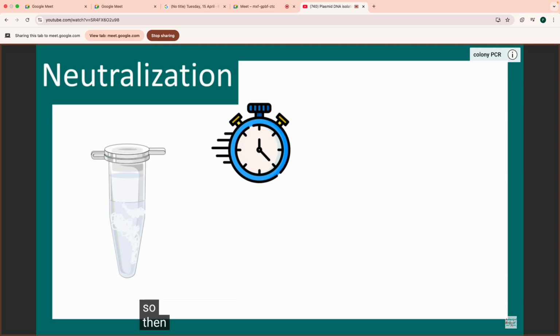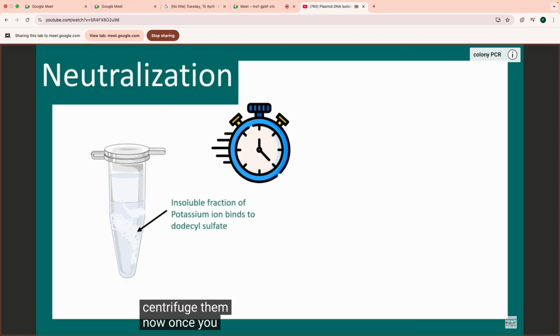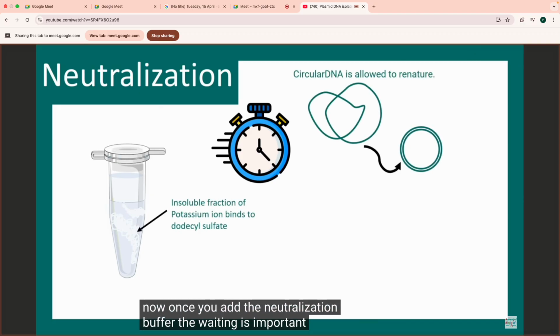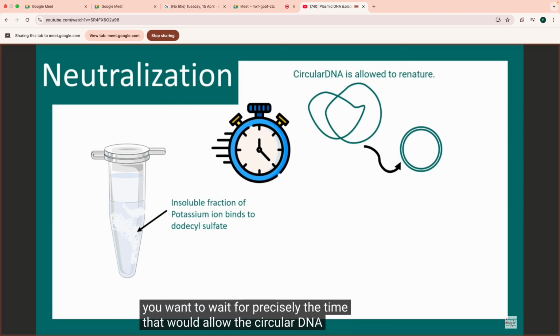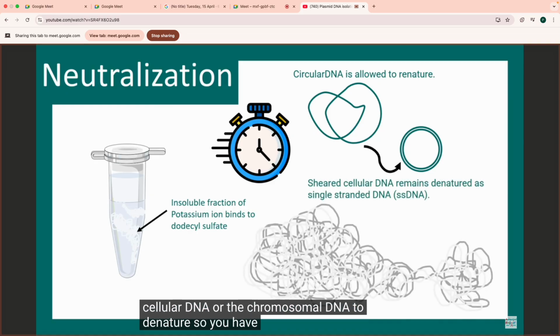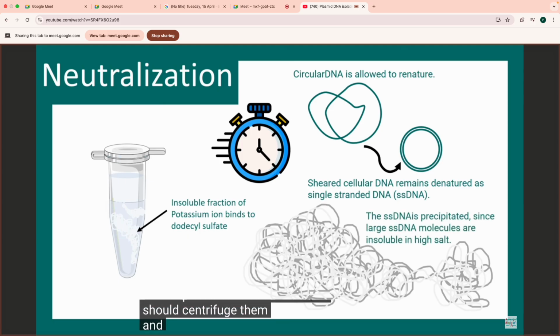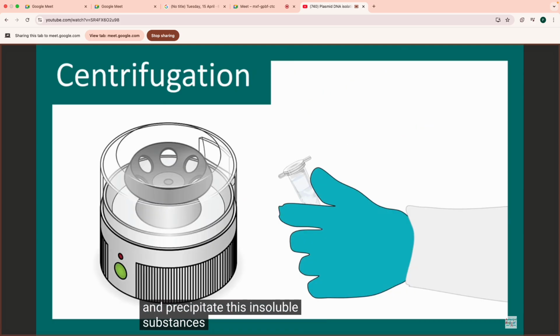So then you wait some time and then centrifuge them. Now, once you add the neutralization buffer, the waiting is important because you want to wait for precisely the time that would allow the circular DNA or the plasmid to renature, but it doesn't give enough time for the denatured cellular DNA or the chromosomal DNA to renature. So you have to ensure that renaturation happens only for the plasmid DNA. So the timing is critical in this step. After that, one should centrifuge them and precipitate these insoluble substances, the salt of